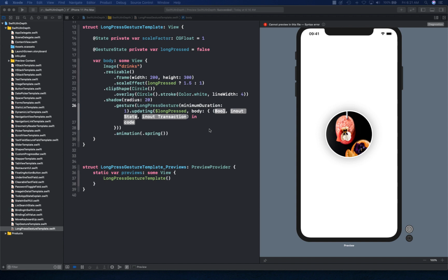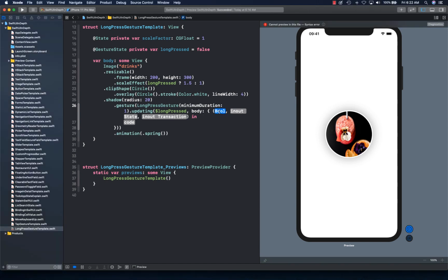State is basically an in and out. So this second parameter is state. That's the in and out value of our property. So rather than reading this long gesture over and over, we actually read the current state. We read this internal state for the gesture. And then you have transaction. That's the animation context, and it has some information in it, like transient animations or continuous animations and stuff like that. We're not going to be really interacting with that, so we just leave that one alone. But we can just say value, state,